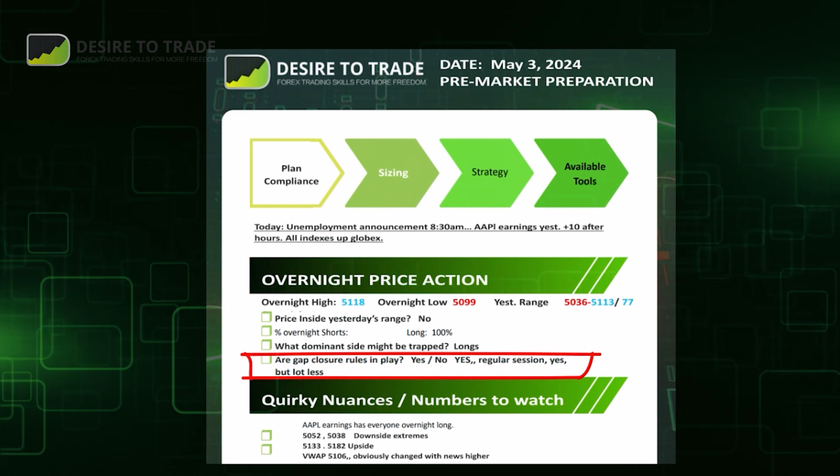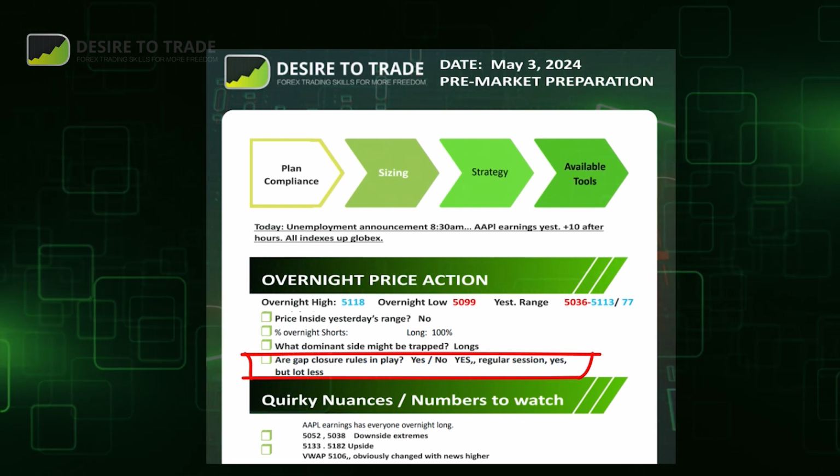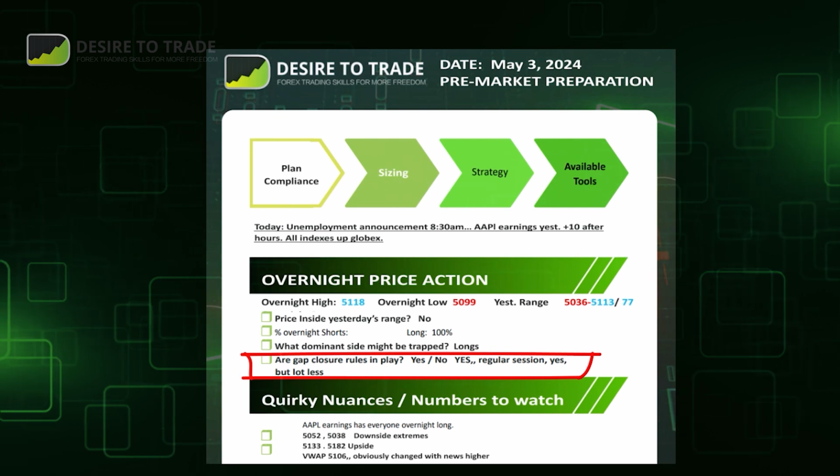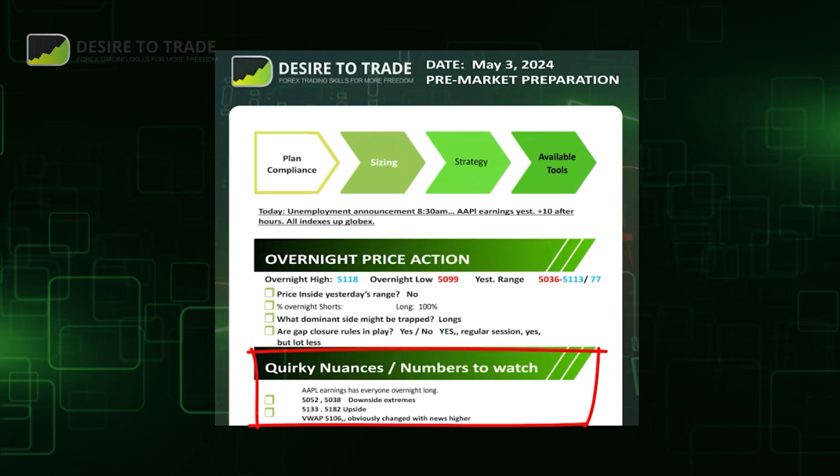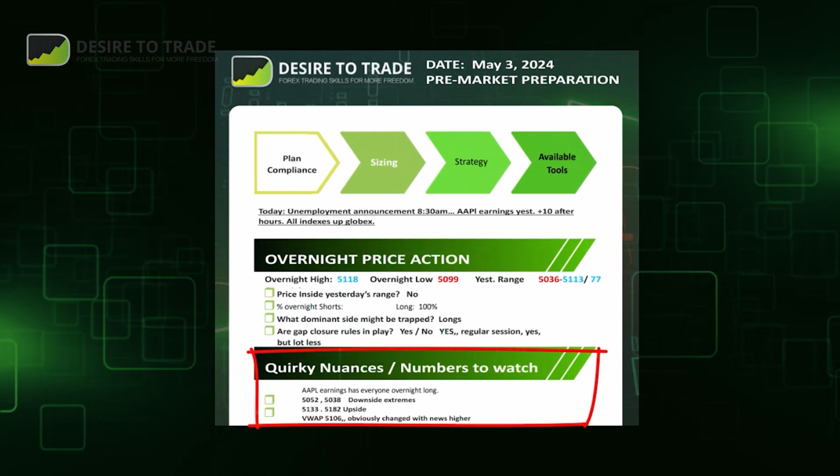Yeah, you know what I mean? Not really. Right? It can happen, and if it does, it probably happens without me. Quirky nuances: Apple earnings has everyone long overnight. Right? Downside extremes